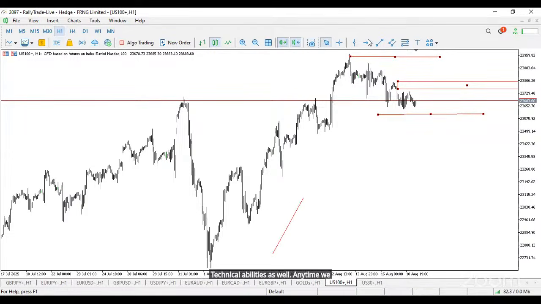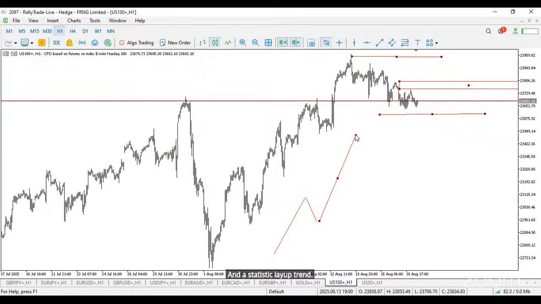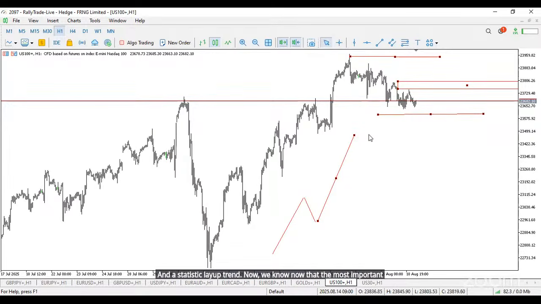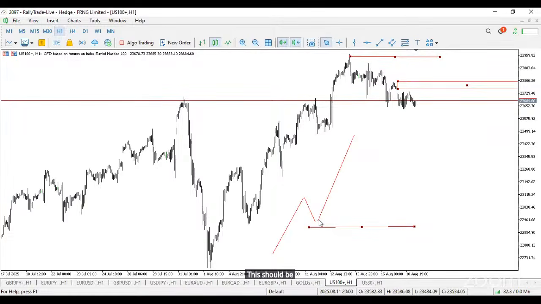Anytime we see that the market is moving in an uptrend, for example like this, and consider this a clear uptrend, we know that the most important part of that uptrend is the higher low. So on this chart, this should be the higher low. See, the price has not gone below this level. The trend hasn't changed. Now, however, on its way down to create a pullback, it is creating a form of